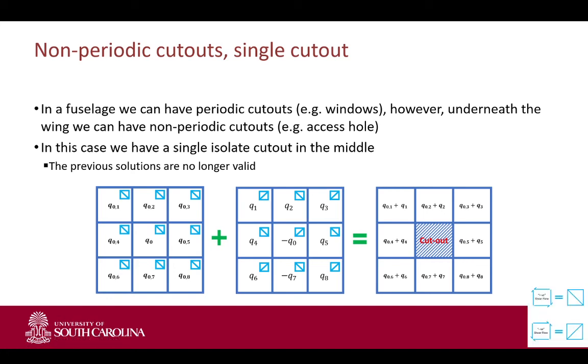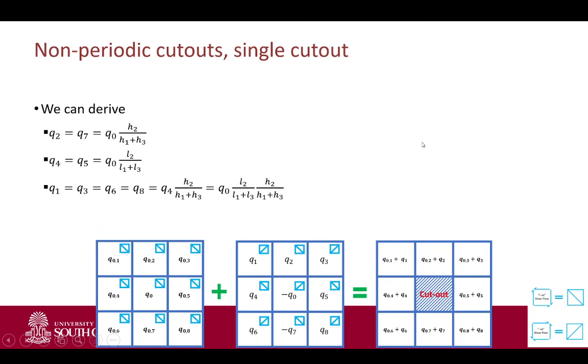So then again, this basically forces us to determine what our Q1 to Q8 are based on our applied shear flow. And we basically do the same thing as we did earlier. We take the equilibrium of forces in X and Y through the cutout and adjacent to the cutout, and we can derive that Q2 and Q7 must be equal. Again, symmetry in this case, and they're equal to Q0, the height of the panel,